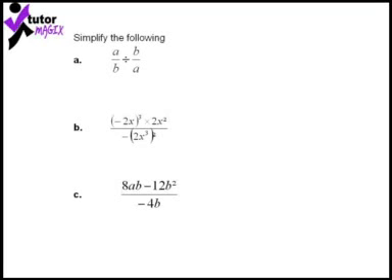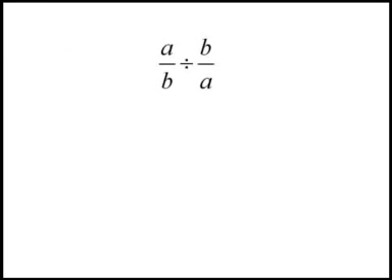We need to simplify the following fractions. So looking at them one by one, first that one, we'll have a division of a fraction by a fraction. Now we know that when we divide fractions, we change the divide sign into a multiply, and those two fractions